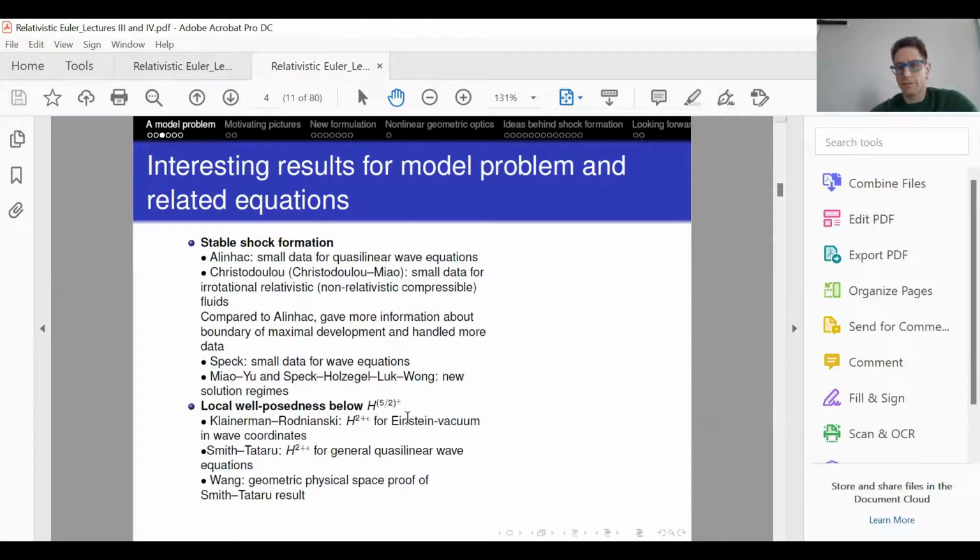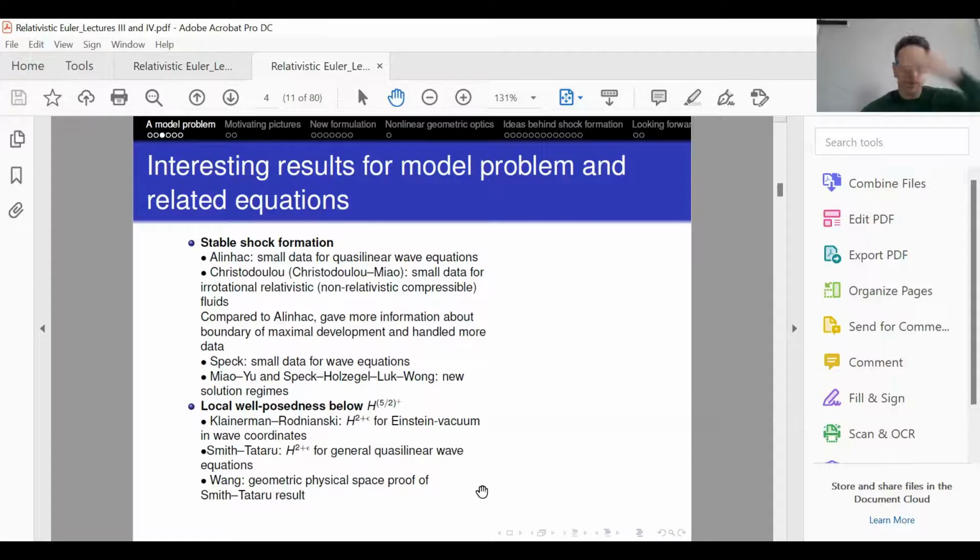So below the classical threshold, 5/2 plus whatever, where you can prove local well-posedness using only energy estimates and Sobolev embedding and so forth. To go below this, you have to use other techniques. There are a lot of people that have contributed to this. There's a very sophisticated machinery. It relies on eikonal functions and constructing the characteristics and understanding the regularity properties of the characteristics and their relationship to the decay of waves, and then ultimately the decay of waves and Strichartz estimates provides the mechanism for the